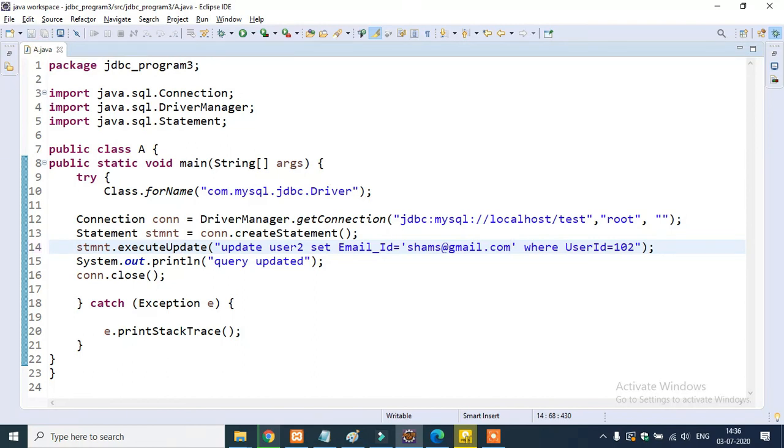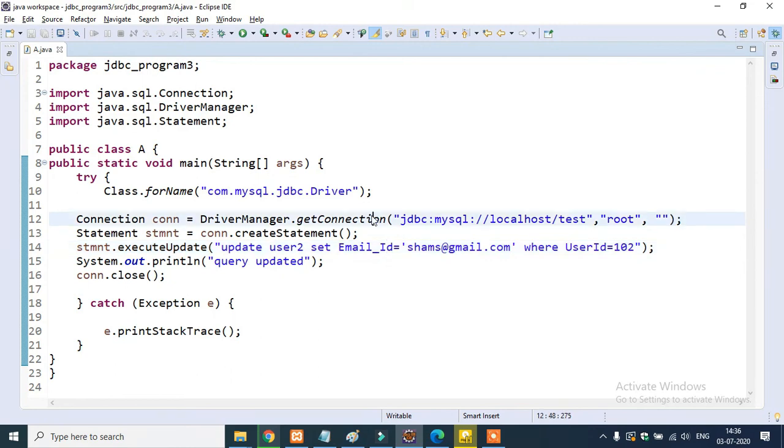Okay, but guys, this is not a good practice. I will tell you in the next videos how to use prepared statement. When you use the prepared statement, you can insert and update any data dynamically. We should not hard code this value, but right now I am hard coding this value, but it should not happen actually, guys. But I teach you for understanding purpose.